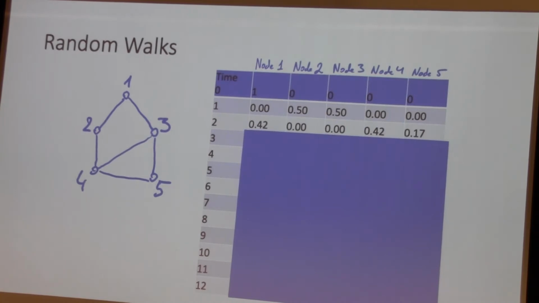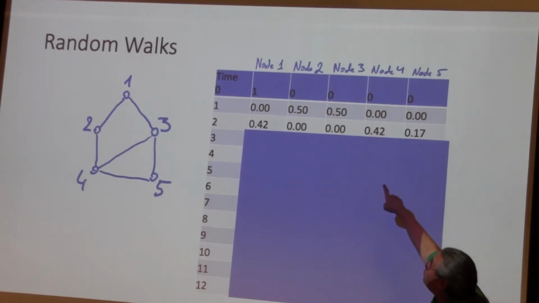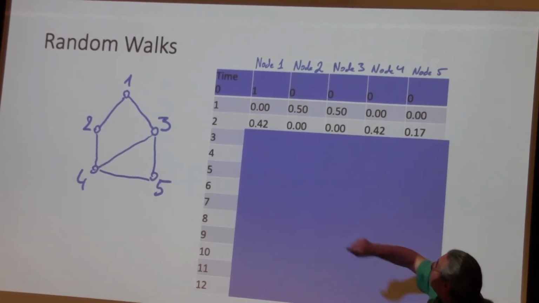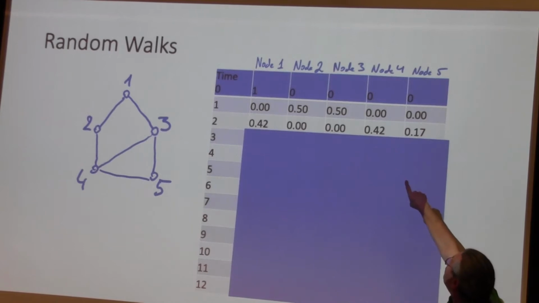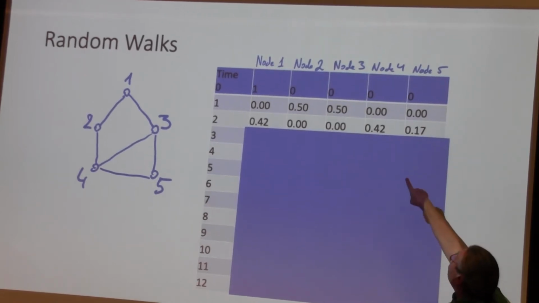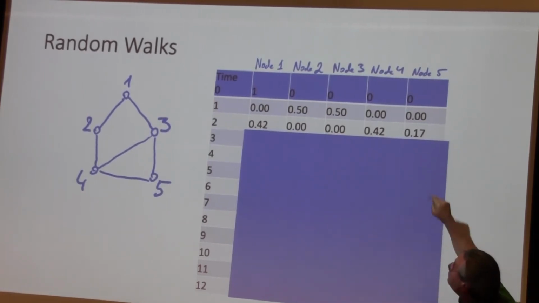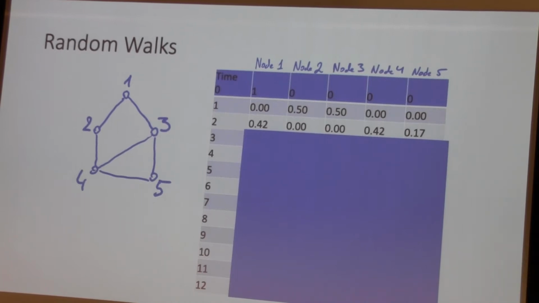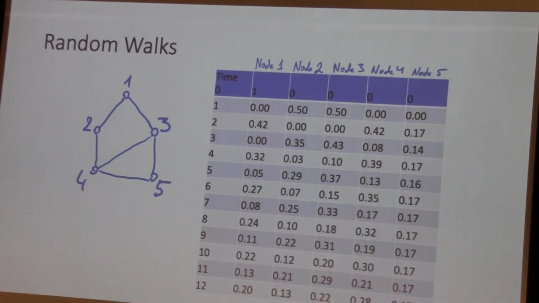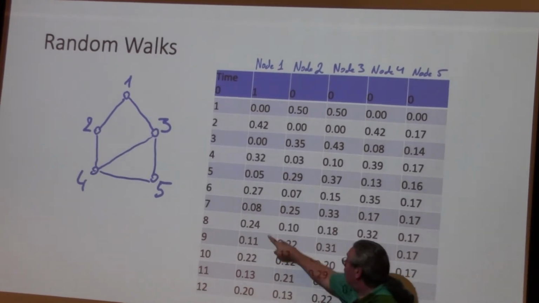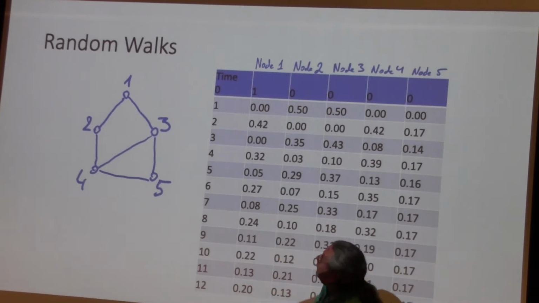Then if you keep going, you will get more. So from 2 and 3, notice you are combining the 2. So you have 42% going back to node 1, because both 2 and 3 can go back. 42% going to node 4, because both 2 and 3 can go there. 17% is going to node 5. And you can keep doing that and calculating probabilities. Okay? And so this turns into something like this. And so these probabilities are changing all the time. You notice they're jumping around here.